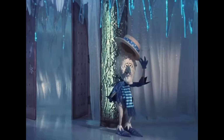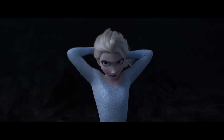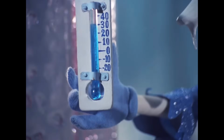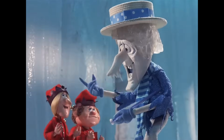He didn't have too much screen time, but really if you think about it, Snow Miser walked so Elsa could run. Before complicated CG visuals dazzled us on screen, we gotta look at his ice powers through some good old-fashioned stop motion. Seeing these little toys coming alive was magic because you knew they were little figures, but they were moving around. He could turn everything he touches to snow, like hats and...